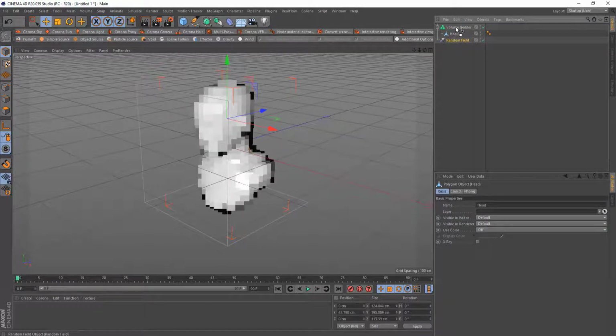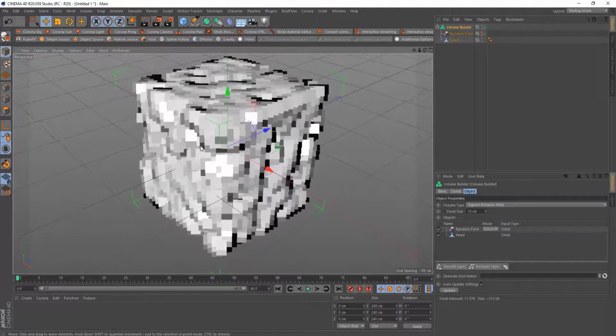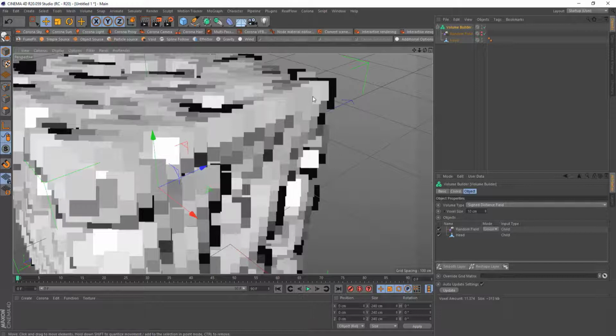We add a volume builder and make the random field and the head object the children of this volume builder. I disabled the random field in the render and in the viewport, and we can no longer see the yellowish pattern that we had recently. As you can see, the volume builder makes the random field like a spongy shape, like a random shape with some sort of